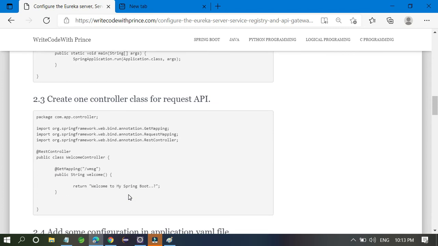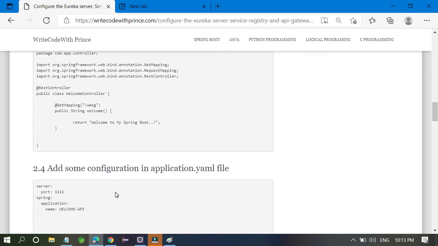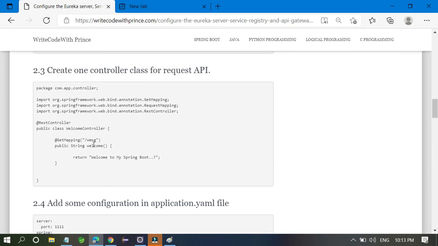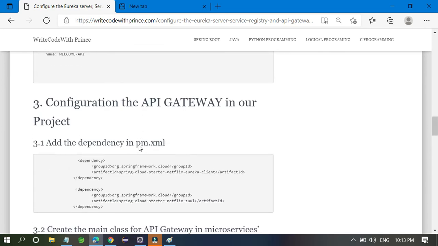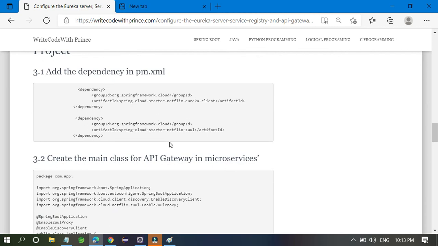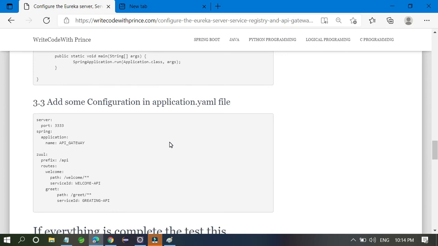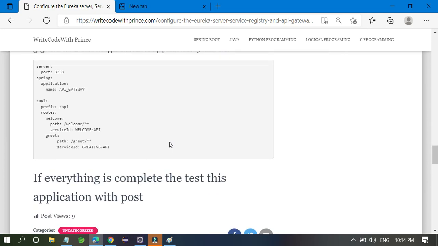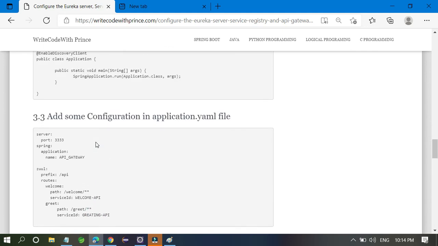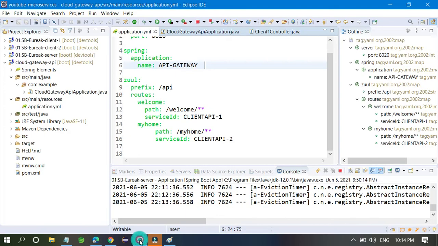Where is the mistake here? WMSG, and this one should also be fine. Greet colon path slash greet double slash. So I have mentioned all those things the same here.